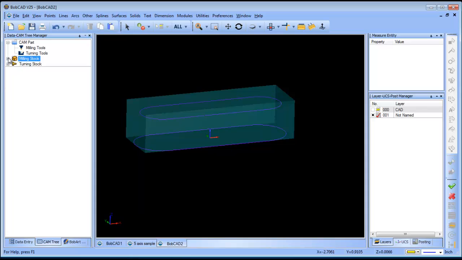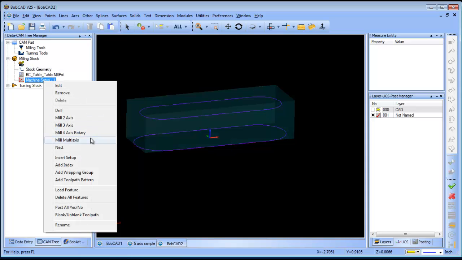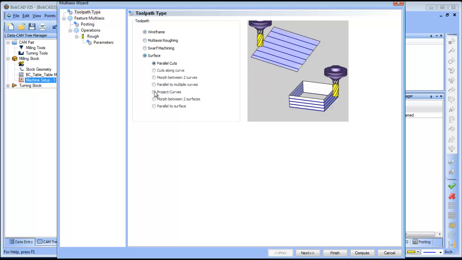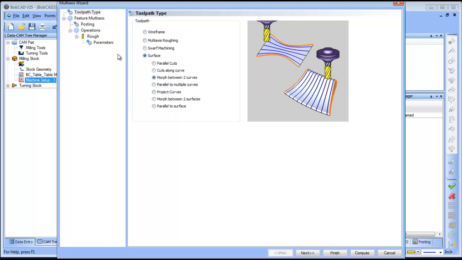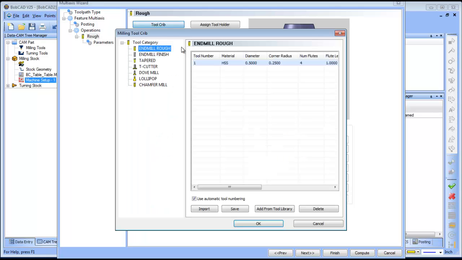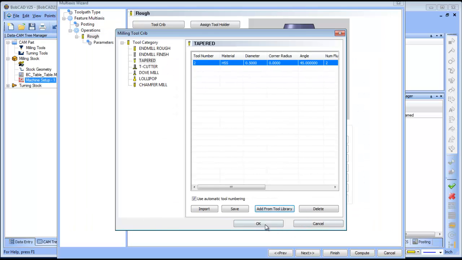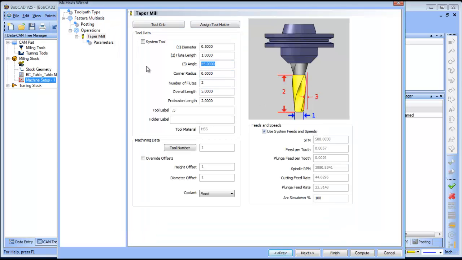Now I'm going to load in my multi-axis routine. This is going to be a surface-based strategy, morph between two curves. From my tool library, I'm going to go to my tool crib, and I should have a cutter in there. I don't, so I'm going to grab this ridiculous one from the library,